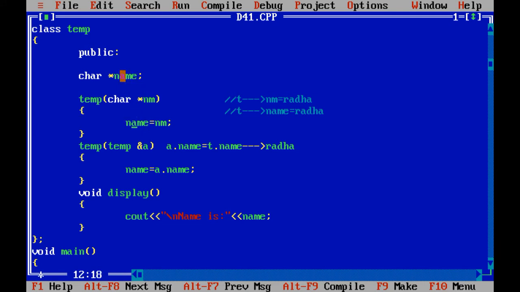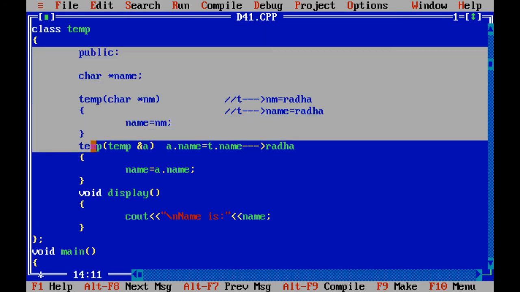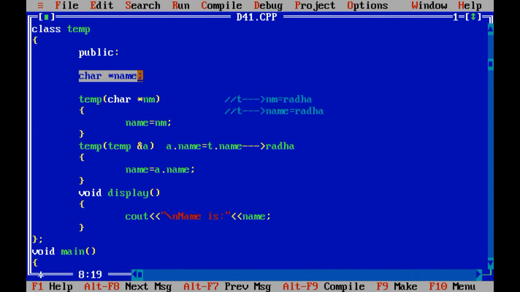You can see this name is written over here, and also over here, because the life of the name variable would be up till the block in which it is declared, and we have declared this name variable inside class temp. So you can use the name variable in any function while you call such a function.